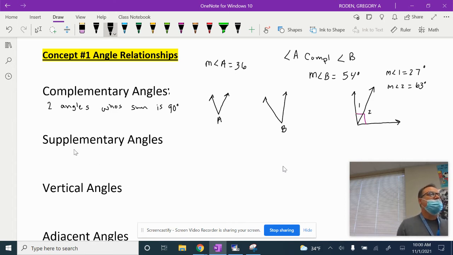Okay, supplementary angles. Write down what you want. Don't write down what you don't want. It's up to you. This is a study guide for the test on Thursday, and simple stuff like this is going to be on the test. So easy free points here. All right, supplementary angles. Xavier, what do you got for supplementary angles? Two angles whose sum